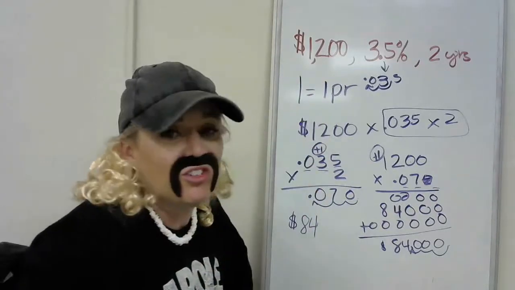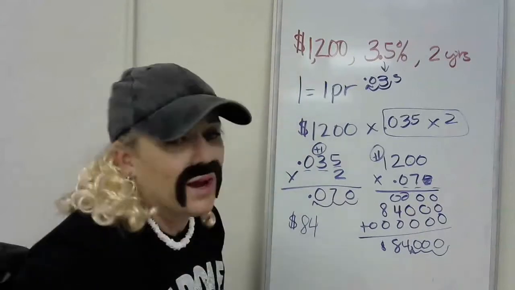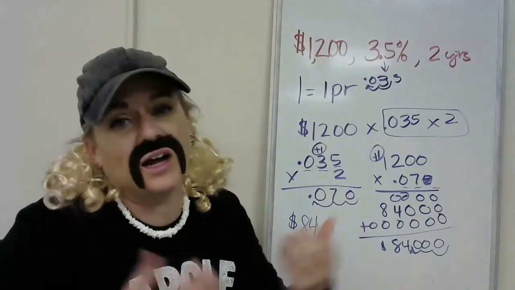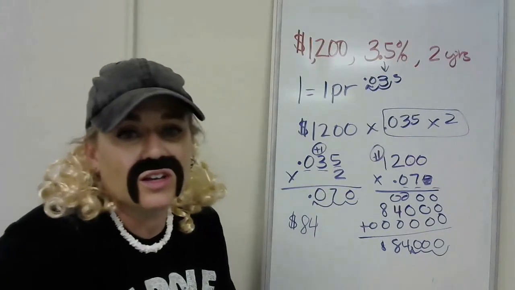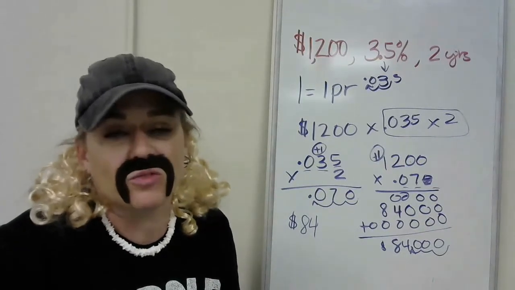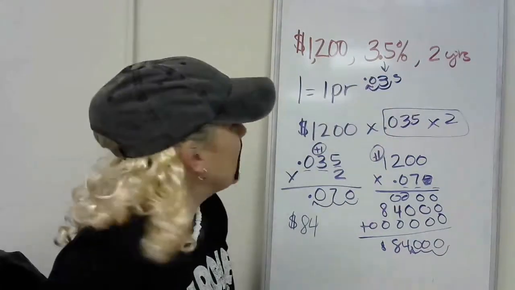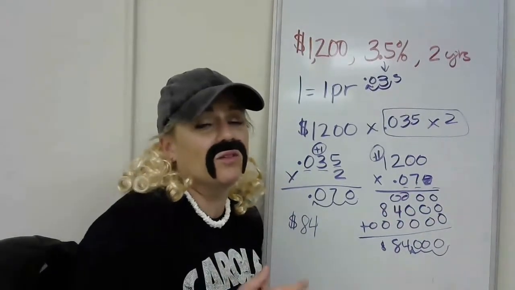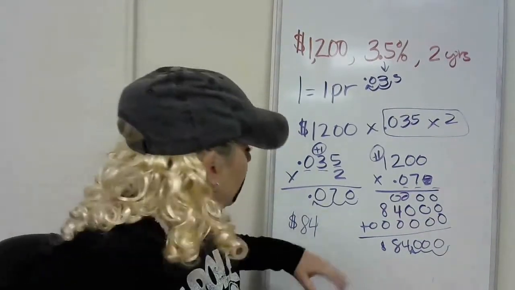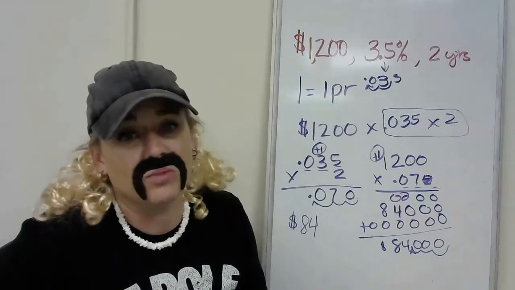So let's say that you're looking at a $1,200 scooter. You go to the bank and you say, hey, look, I need to buy this scooter. Can you loan me some money? And they say, sure. But you're going to have to pay me interest. And it's going to be 3.5%. That's where that is, 3.5%. And you got to pay back in 2 years, right? So what you would do is take this $84 and add it to the $1,200 you borrowed, and you'd have to pay them back